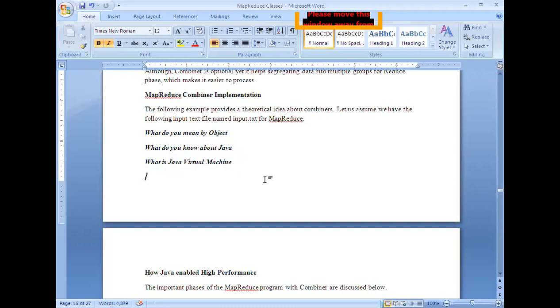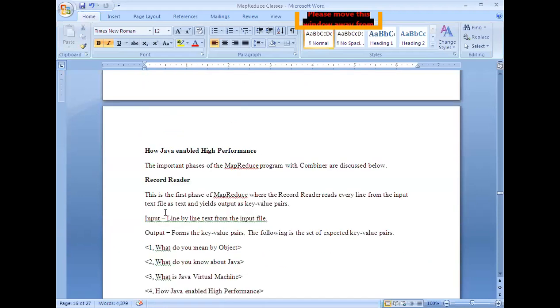Right? So that is the reason the first step is we'll use the record reader. The job of this record reader is to convert the given input into key value pairs. So it takes the input file as text and it produces the output as key value pairs.